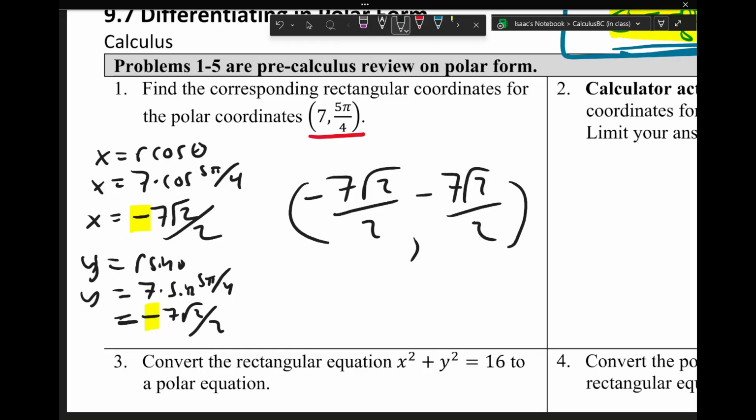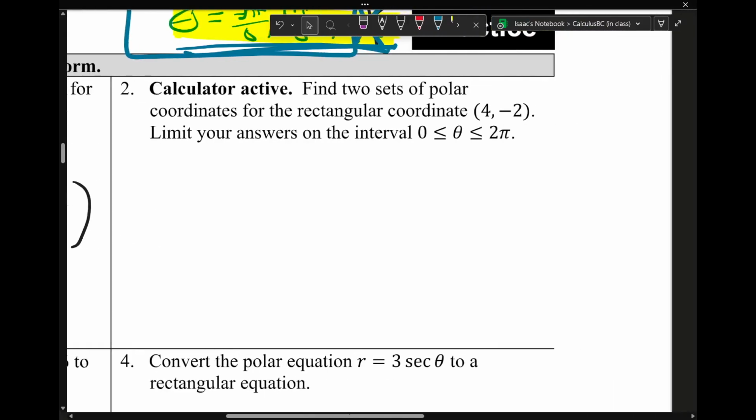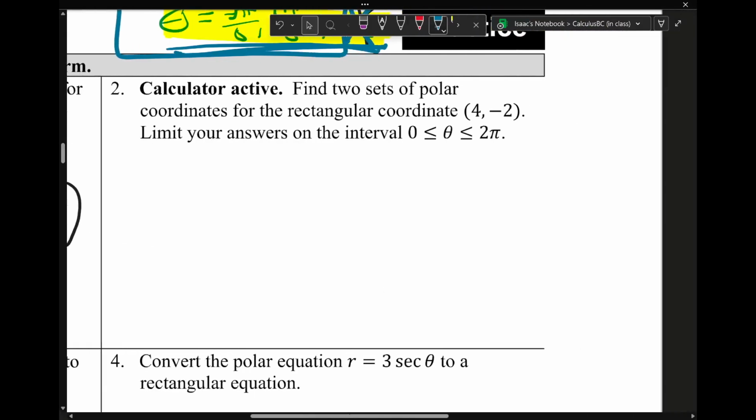Okay, the next one I think is going to cause you some issues because I think there's some stuff that you maybe did, especially if you skipped pre-cal, that you may not realize. But number 2 is calculator active. So I want you to try to find a polar point. There's actually 2 of them, but try to find at least one that has this x comma y. This is rectangular, so when x is 4 and y is negative 2,